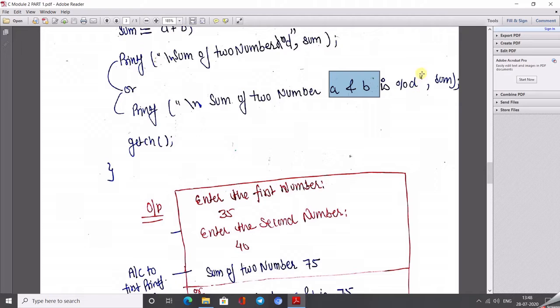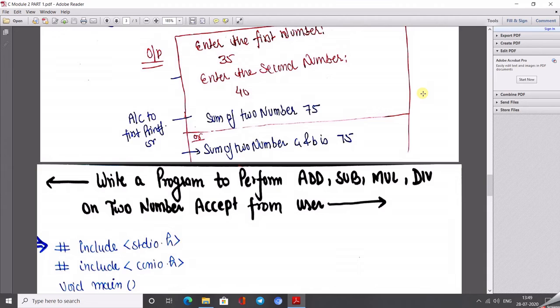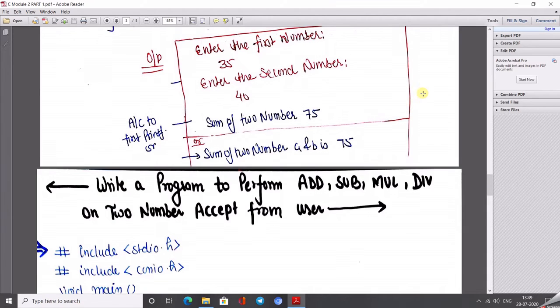If I want to print a calculated value, then we just mention the respective format specifier, like I mentioned %d, and after the comma I write sum. So the computer can easily understand that the variable sum's value will be printed, and this variable is of type %d, that is integer type.